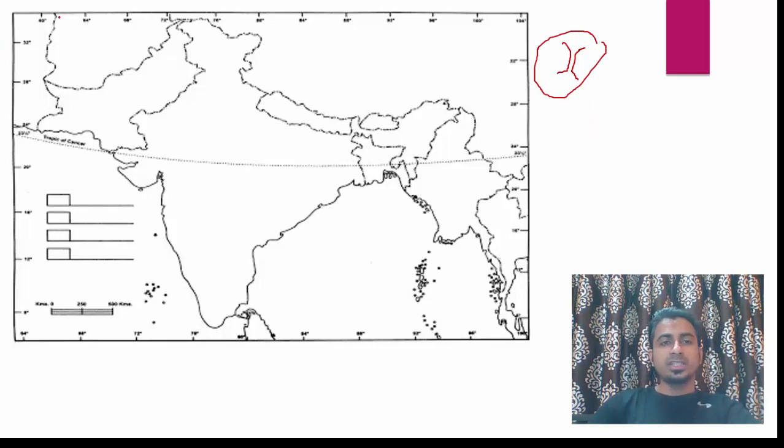Okay. So our first pass is Shipkila. Shipkila is in Himachal Pradesh, or you can say the India and China border near Himachal Pradesh. So this is Himachal Pradesh. I will draw a state map of Himachal Pradesh, somewhat like this. So Shipkila is a pass here. Let me make it a little bit big. This is Shipkila. Why is Shipkila important? Shipkila is important because the Satluj River enters India through Shipkila.